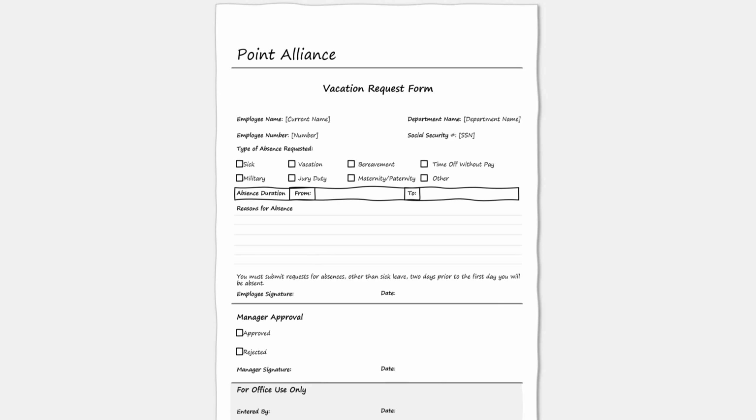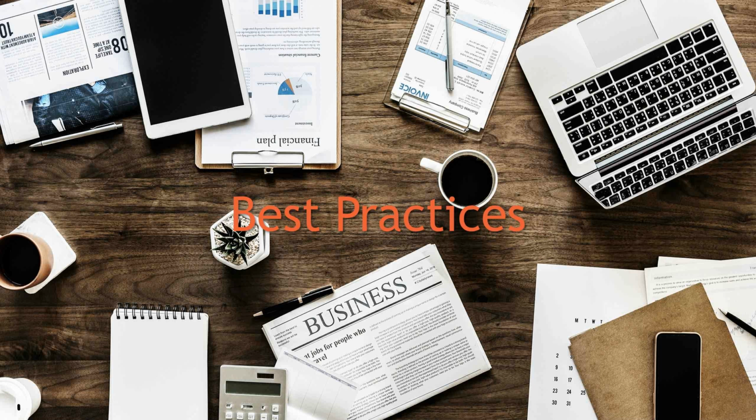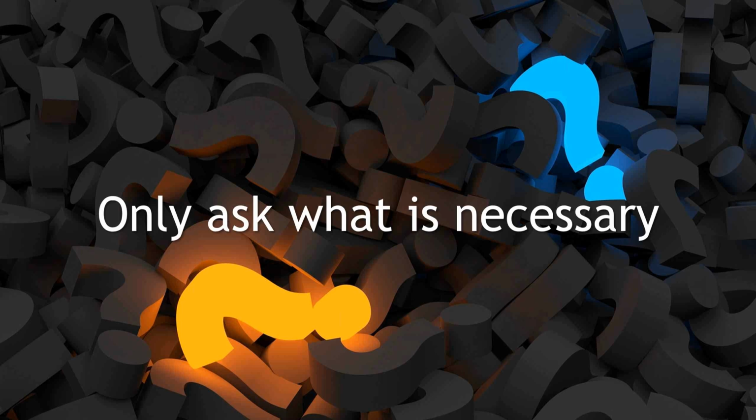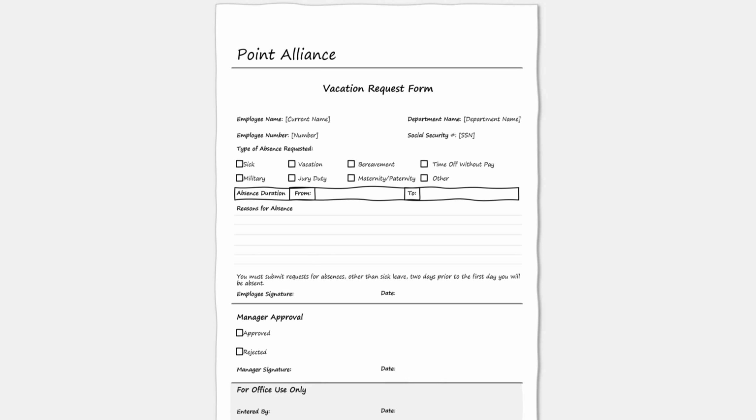But when we look at paper forms that we want to convert to forms that we can use inside of SharePoint and PowerApps, there are some best practices to consider. So for example, one of the things that we should do is, instead of asking all the questions that we were asking before, we should only ask what is necessary. So if we look at the original form that we had,